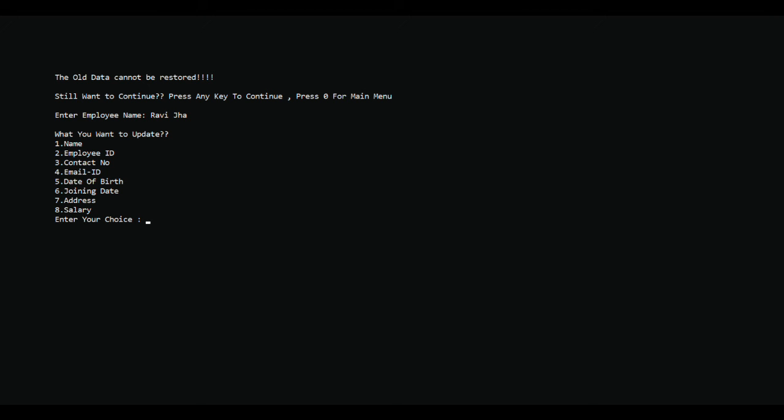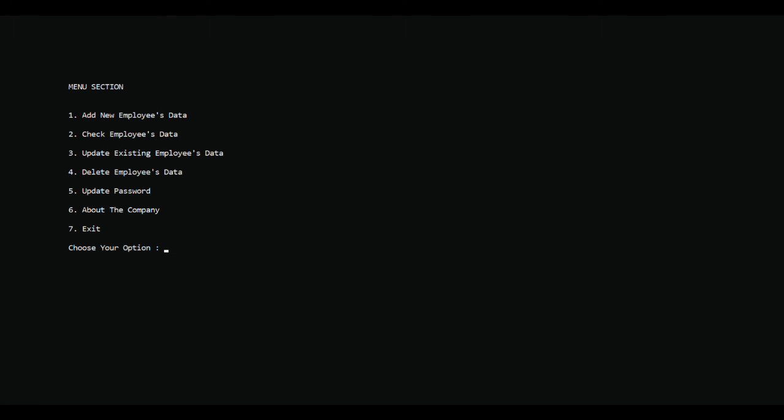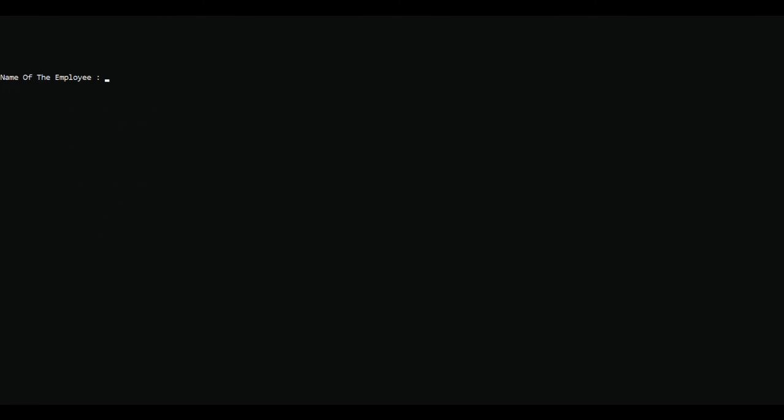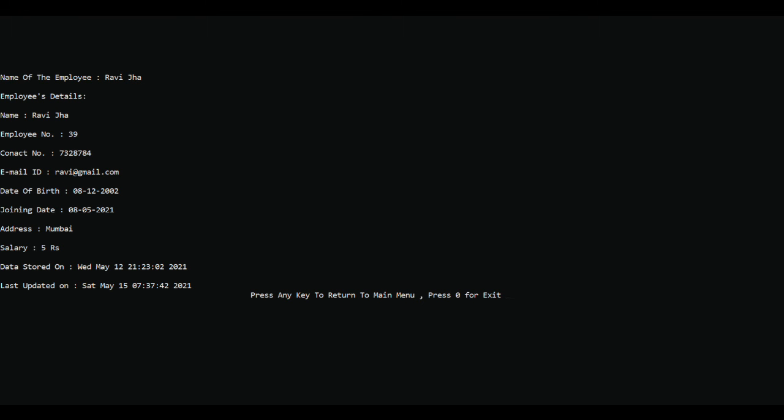I don't remember exactly what needs to be updated, but I think the email id needs to be updated. So I'm just entering the email id, ravi@gmail.com. As you can see, the email id is updated. Checking Ravi Jha, you can see the email id has been updated, along with the current time and the data stored on.